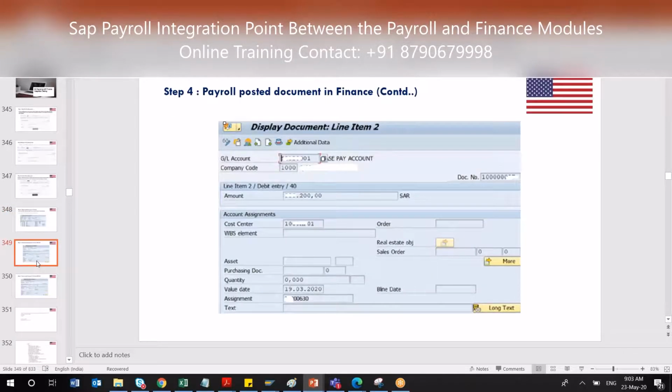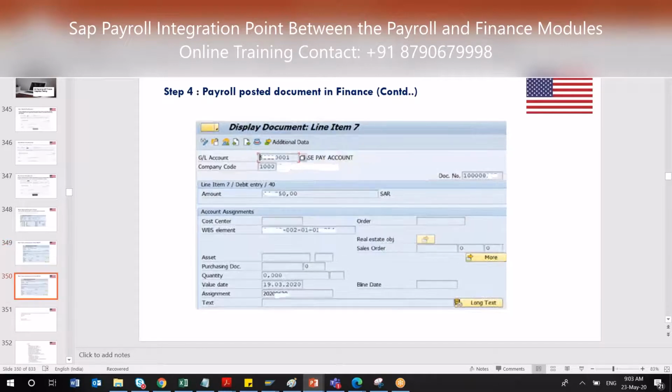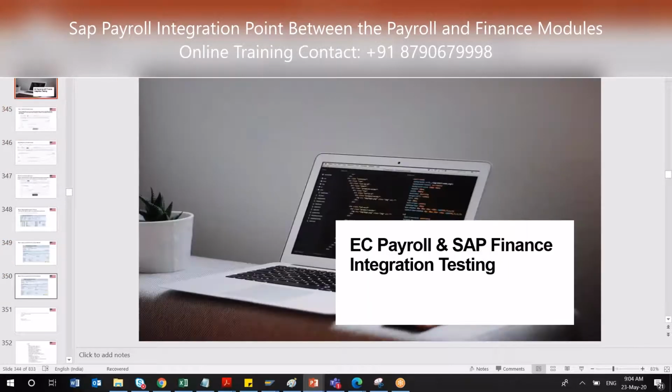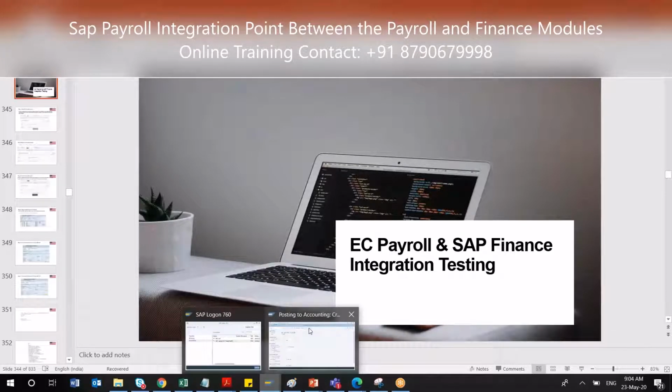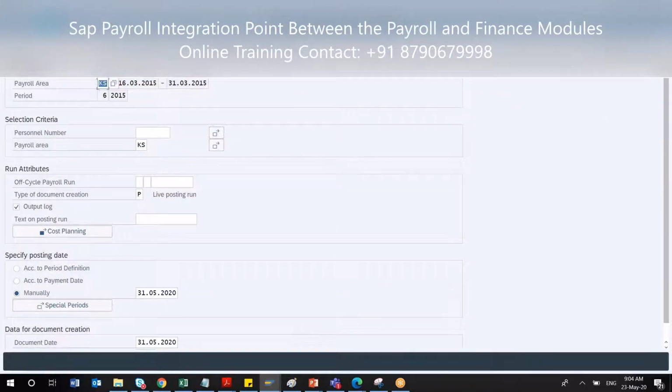These are all finance-related stuff. They can go to each and every document and see the GL account, the cost center related to it, and what total amount has been paid. They can see this detailed document, but it is not for us, it is for finance to verify. But this is the end-to-end process of how the finance posting will happen, and from a configuration point of view as well as a system point of view, these are the things we have discussed. Any question here, Andy?